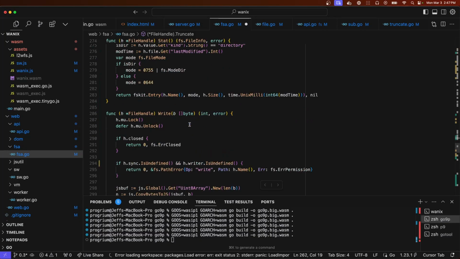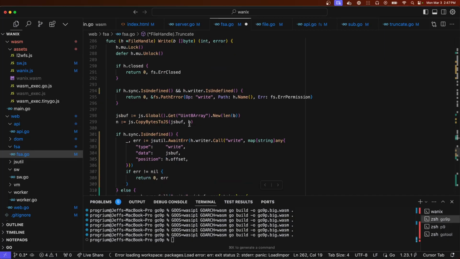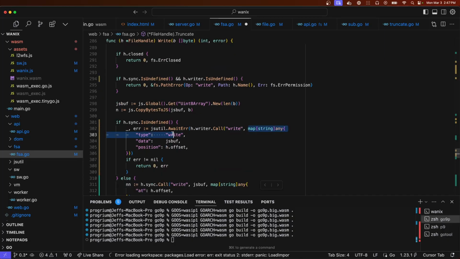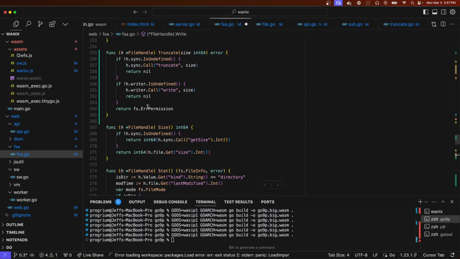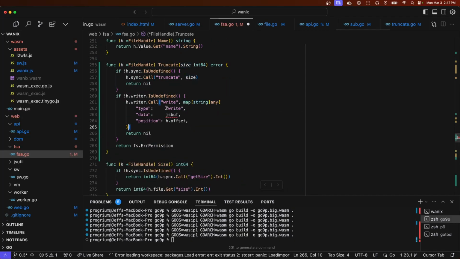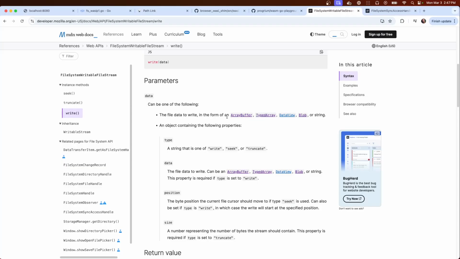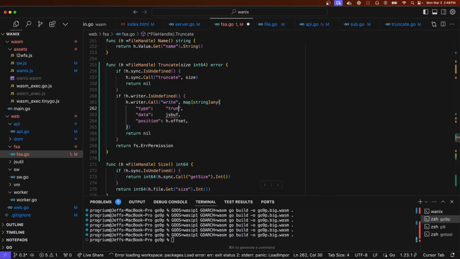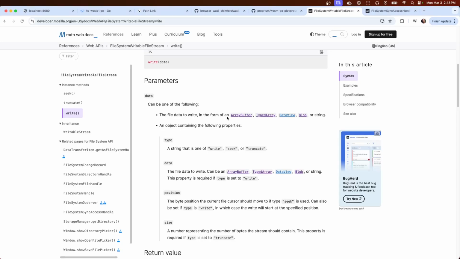What did I do? This one. Type truncate. Data, we don't need data. Don't need position, just need size.